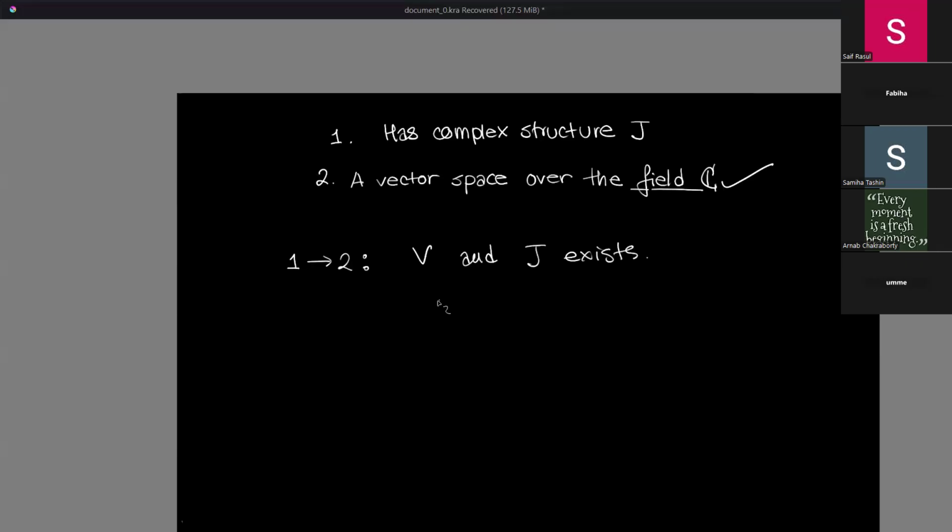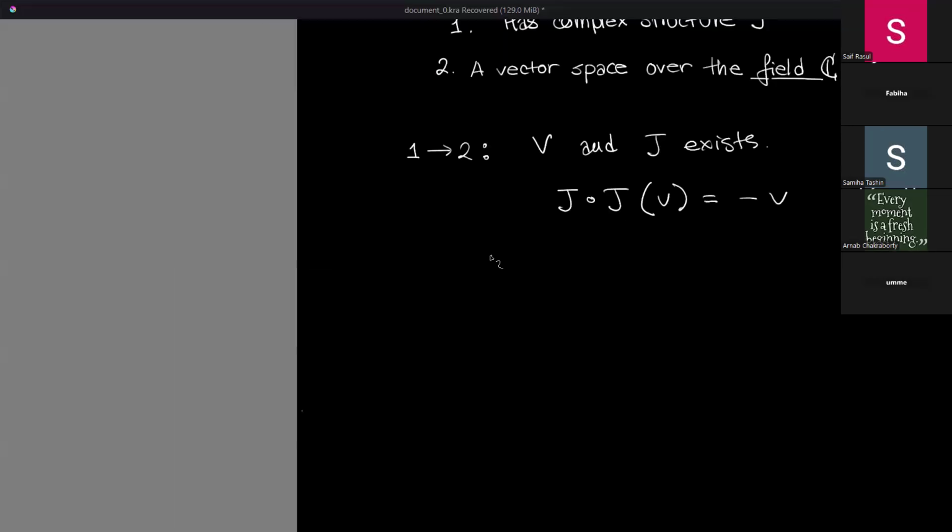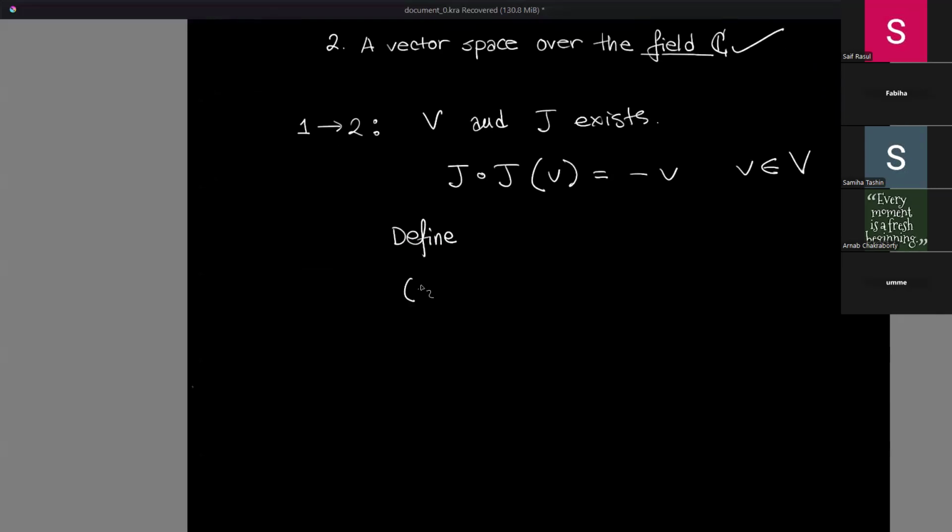So then we know that J is a map such that J after J of V is equal to minus V, where V is an element of the vector space big V. If we can now define a scalar multiplication, let's say we take an arbitrary complex number, a plus bi, and multiply it in the complex scalar multiplication sense with v, then that must be equal to a, and this scalar multiplication is in the real sense. We have this because v is a real vector space,